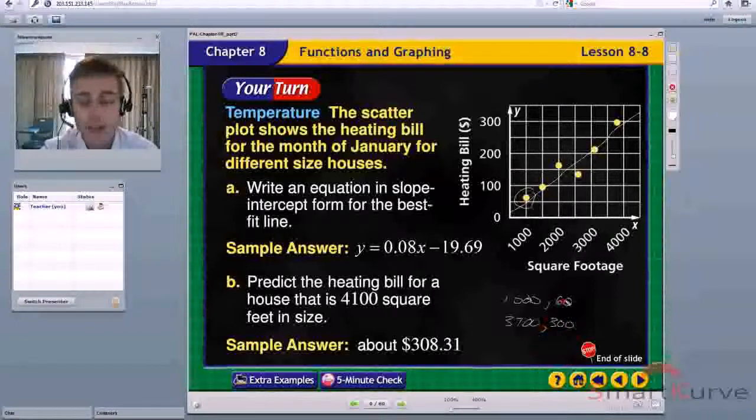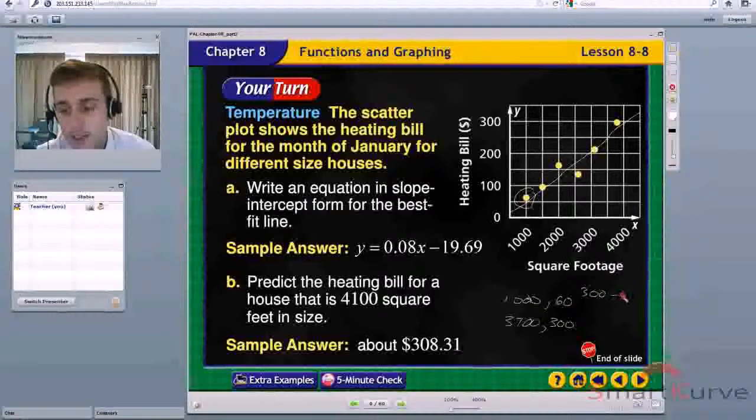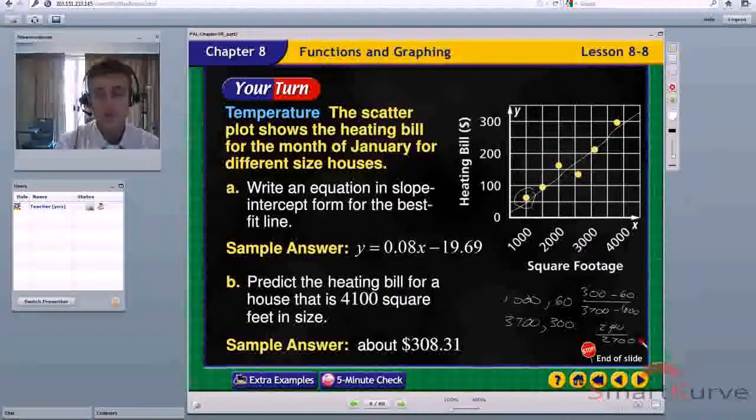We find the slope again by using the definition of the slope, y2 minus y1 over x2 minus x1. So we have 300 minus 60 over 3,700 minus 1,000. That gives us 240 over 2,700. 240 divided by 2,700